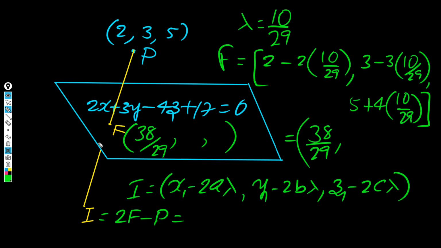Or you can go for cross verification also. Like what cross verification? You can find the midpoint of the option and the given point, and that midpoint must satisfy the given plane. We will go for that. So if it is not the same plane, you have to work it out separately. Now,